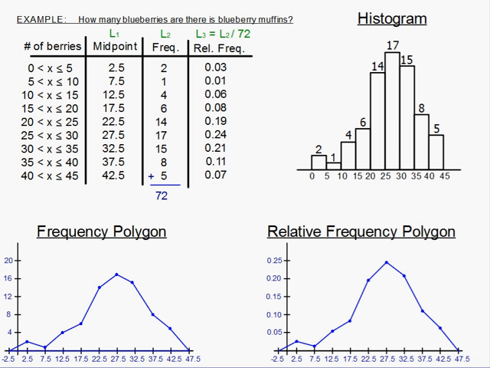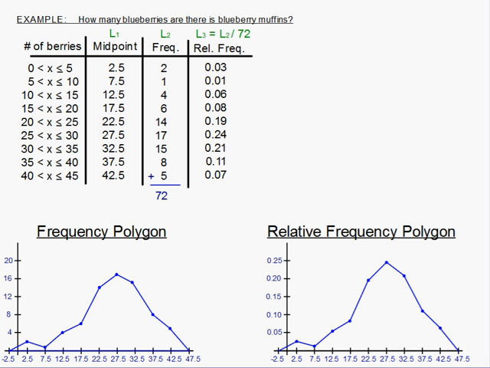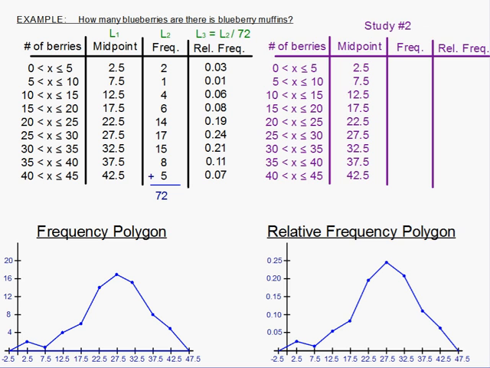Now, the question is, why would you use a relative frequency polygon instead of a frequency polygon? Well, that comes up if there was maybe a second study like this one, conducted maybe by someone else or maybe in a different area, and the frequencies are actually much bigger. It's a much bigger study than the original one. So if we try to compare the two studies